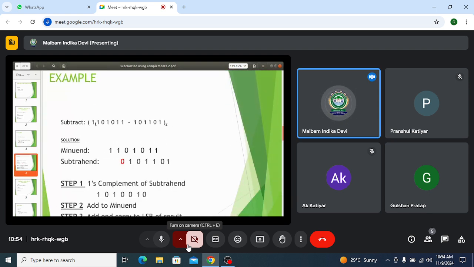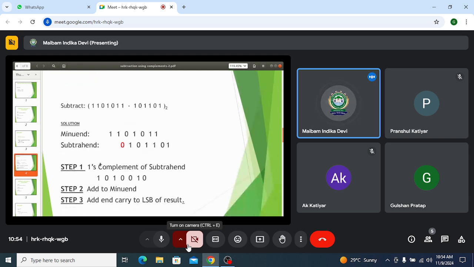Okay, let's take an example here. We are going to subtract 101101 from this number. So this is what? Minuend, m. The first number is called the minuend. The second number is called the subtrahend. Before taking any complement, before proceeding with any step, you first check whether the number of digits is the same or not. Here we have how many digits? 1, 2, 3, 4, 5, 6, 7. Here you have 1, 2, 3, 4, 5, 6.